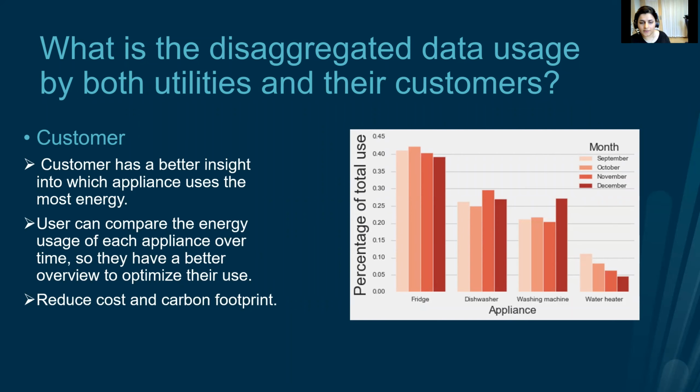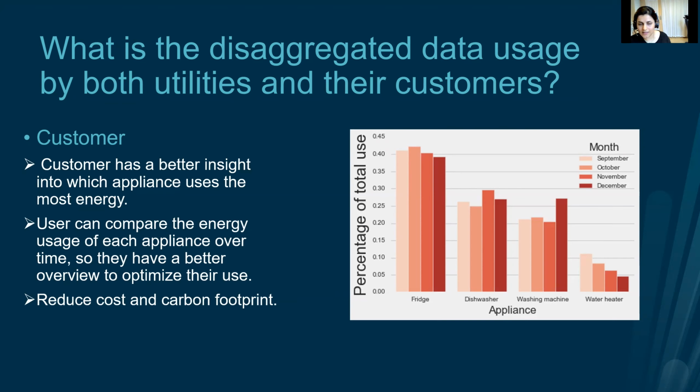In this slide, I will explain disaggregated data usage for both utilities and their customers. Here, I explain about its usage for customers. If the customer has disaggregated data, they have a better insight into which appliance uses the most energy. As it can be seen from this figure, there are 4 appliances: fridge, dishwasher, washing machine, and water heater. And fridge has the highest energy consumption compared with other